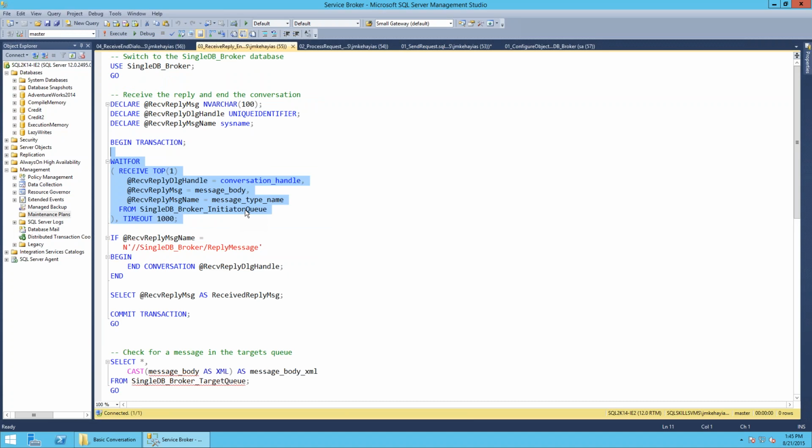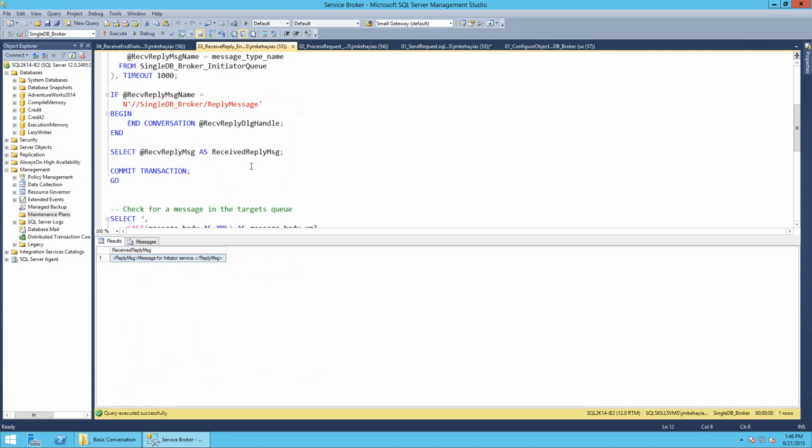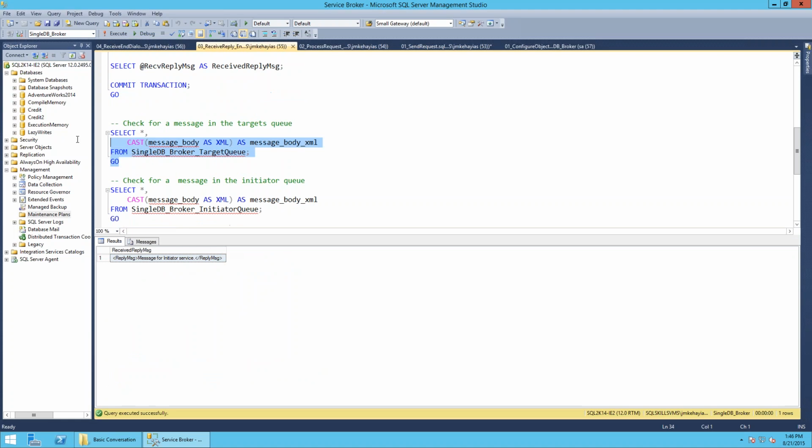We're going to check the message type name. If it's a reply message, we're just going to say, okay, it got the message we sent, it processed it, so now we can close this conversation out. And we're going to execute end conversation on that conversation handle, and then just return our received message or reply message back. So here we can see this is the reply that we got back from the initiator or the target service. And if we look at the target queue,